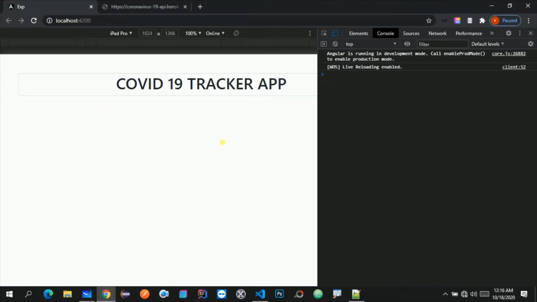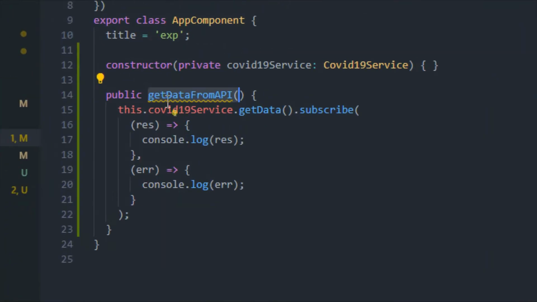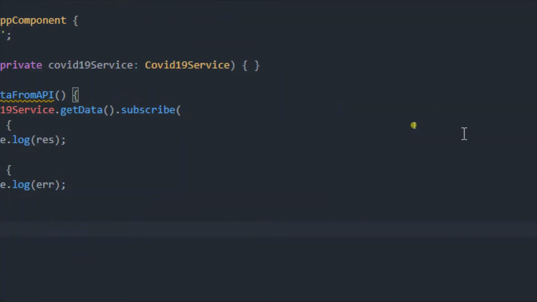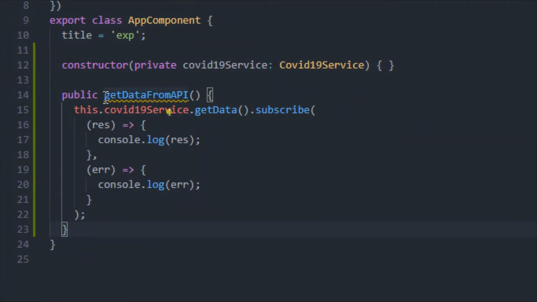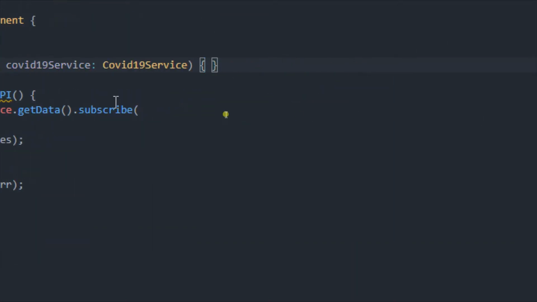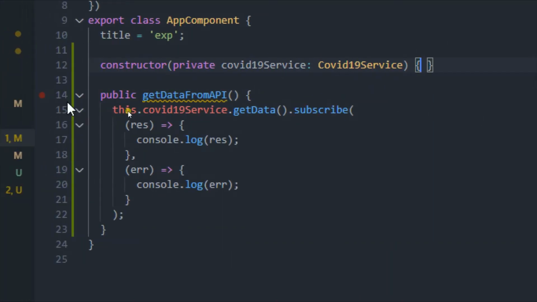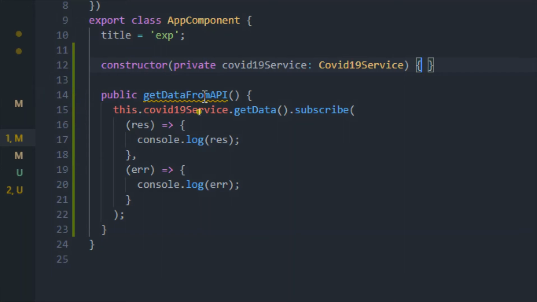This is because we have created this particular function but we are not calling it. Only creating the function is not enough, we need to call it whenever we need it. So I will call this particular getDataFromAPI function from my constructor, so that whenever the application gets loaded, it will call this function and show this information in the console.